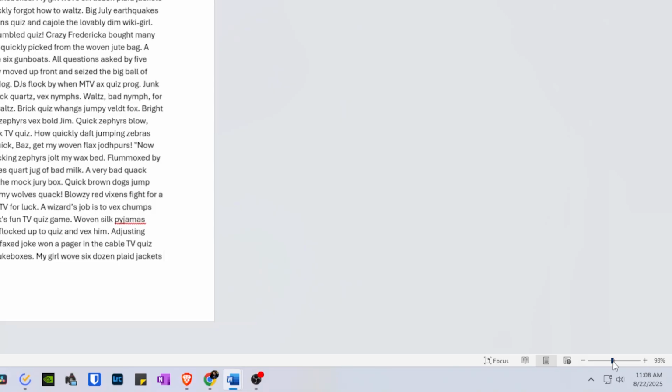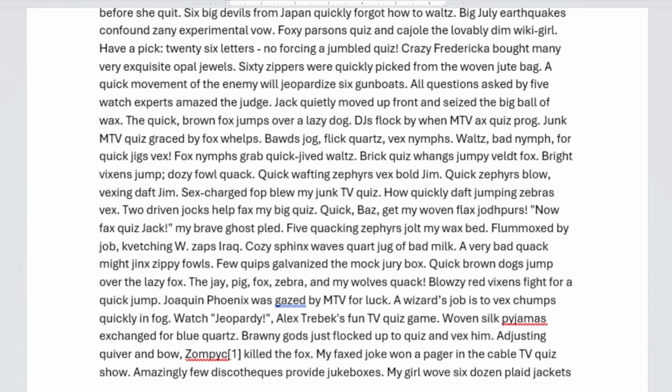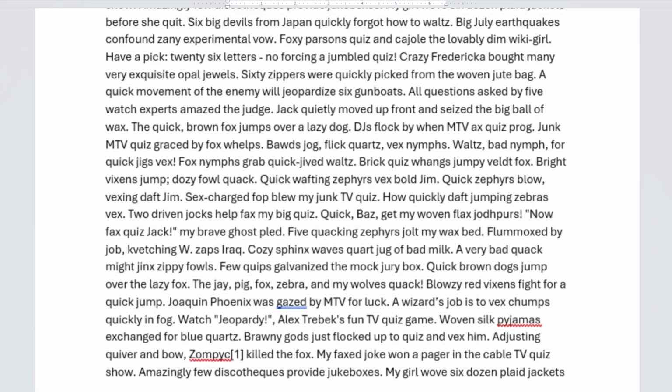At the bottom right, we have a slider for zooming in and out of the document. It defaults to 100%. Next, we have the views. By default, Print View is selected so you can have a better sense of how what you type will look on a printed page. But you can set it to Web View, which is the right button, if you want to preview how it would look on a web page, or Reading View, the left button, to mimic how it would look in a book.